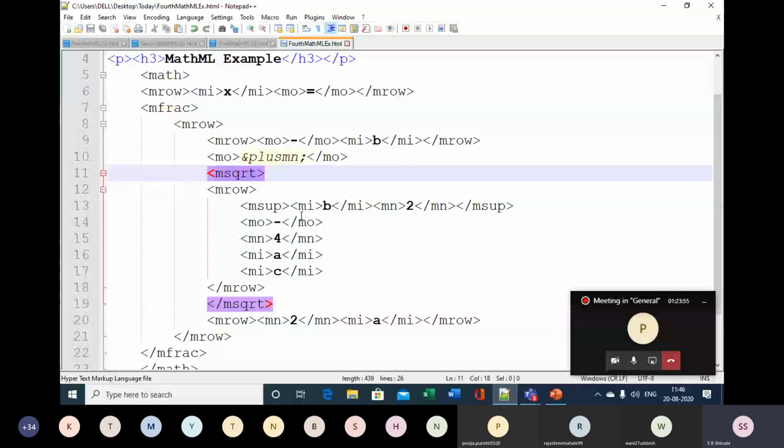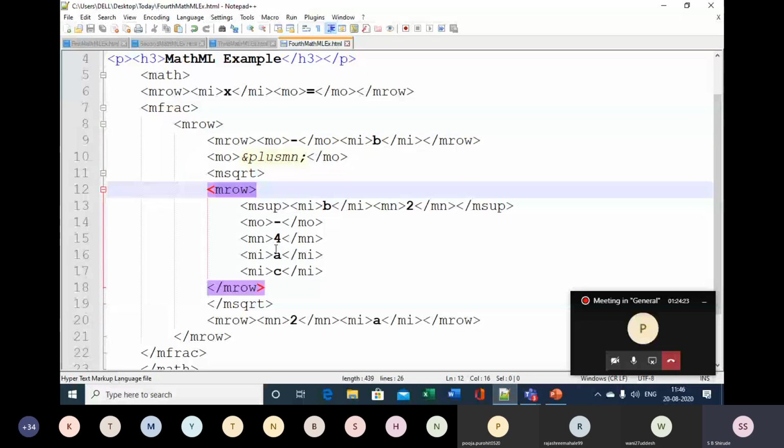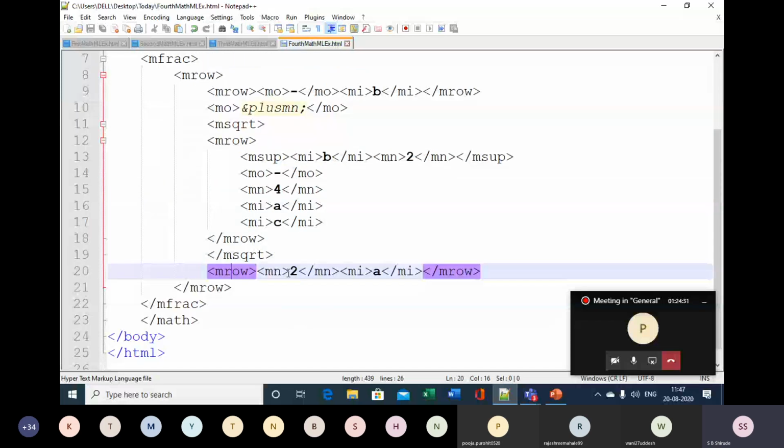So this is one row, and in this one m row, and in that minus b plus minus, and then here in this square root we have one more row in which we have m superscript this b square minus 4ac, and then after closing this m square root, we have another row mn 2a. So means divided by 2a, and this row is closed over here, and this one is the m frac, means this fractional part is over.